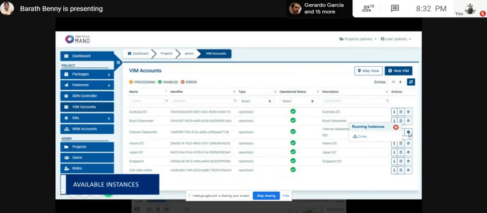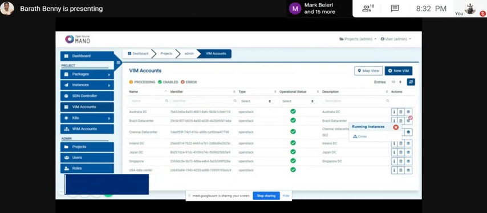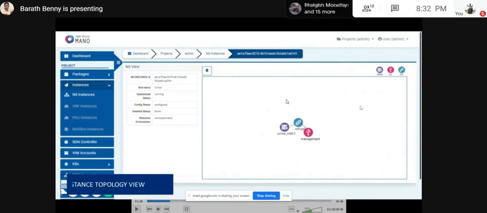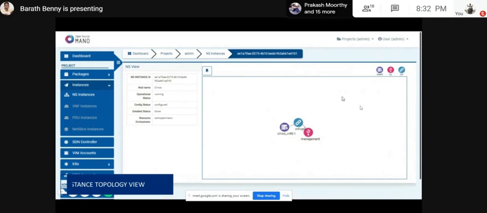In list view also, instead of going into the map view, the user can view the running instances in this page section also. So here you can see the running instances in the layer icon, which VIM account is taken for the instances and how many instances are running. For other VIM accounts, which have no running instances, it will be in the disabled state. You can see the disabled symbol while hovering over there. So it can be easily configured, and it can easily navigate to the particular NS instance sections.